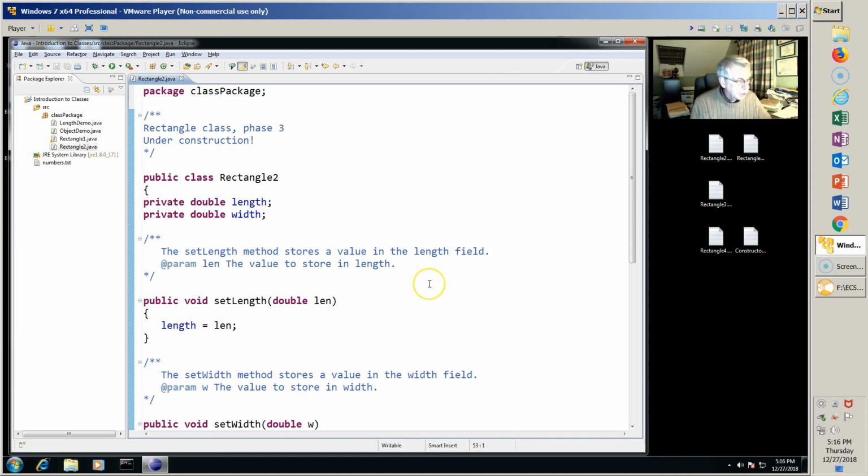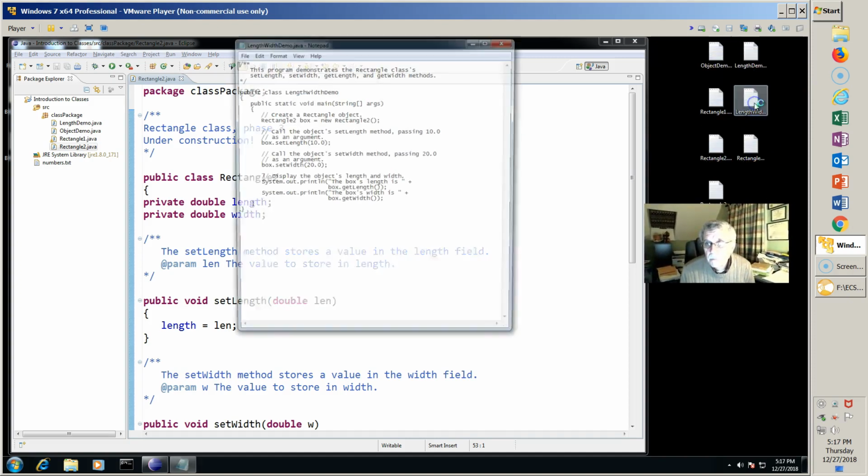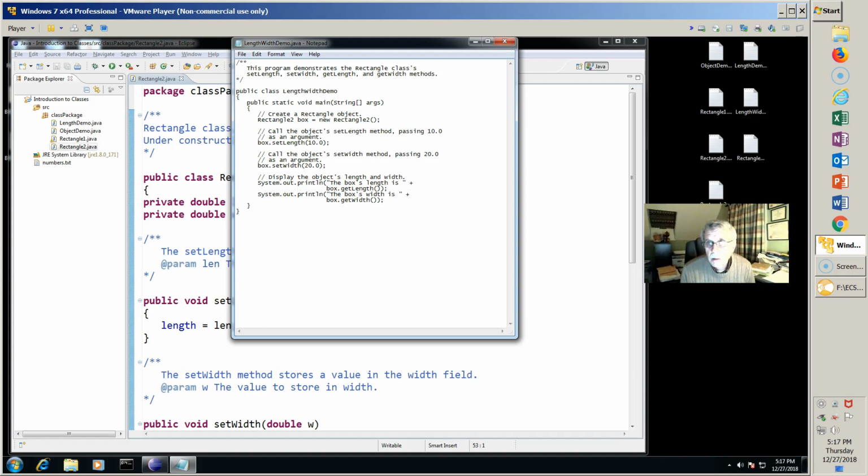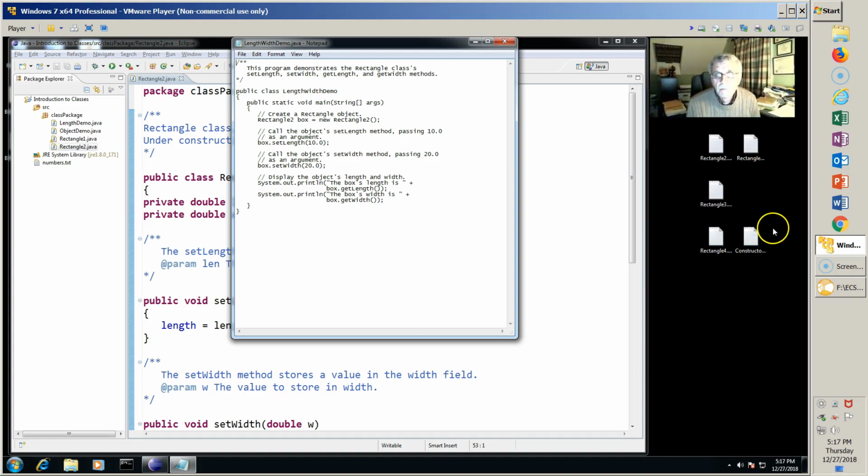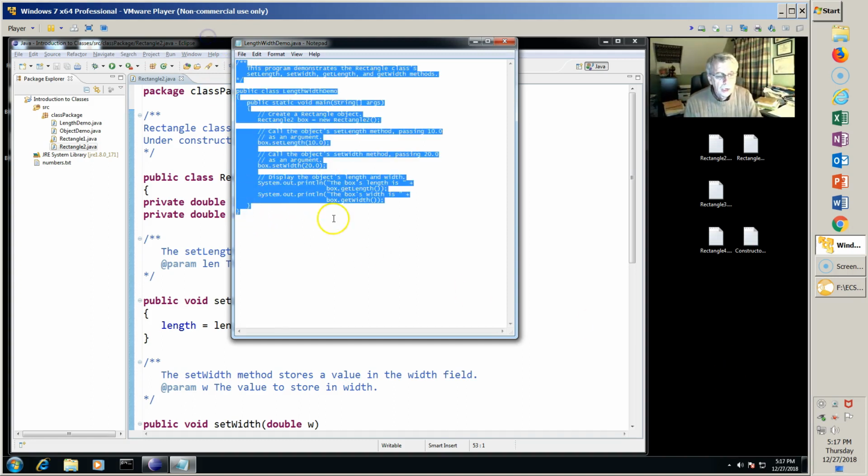What I'll do now is I'll take the application called length width demo. Okay, so I'll take the code for length width demo, and I'm going to take this